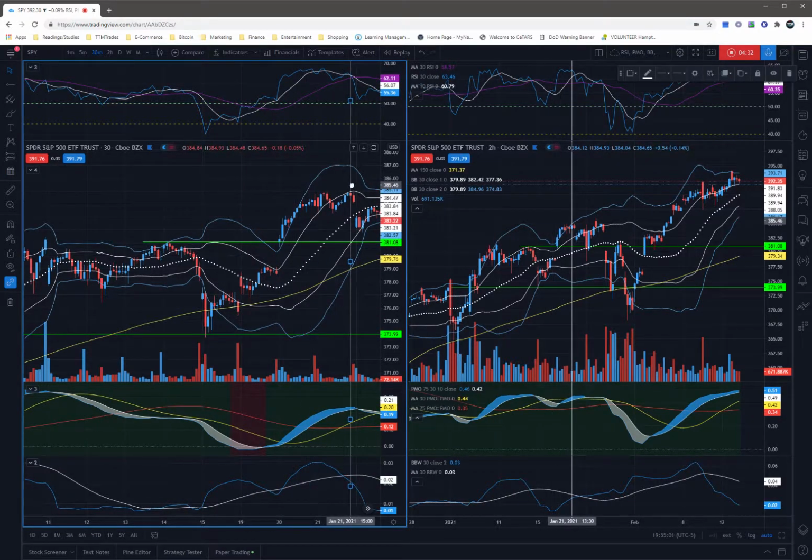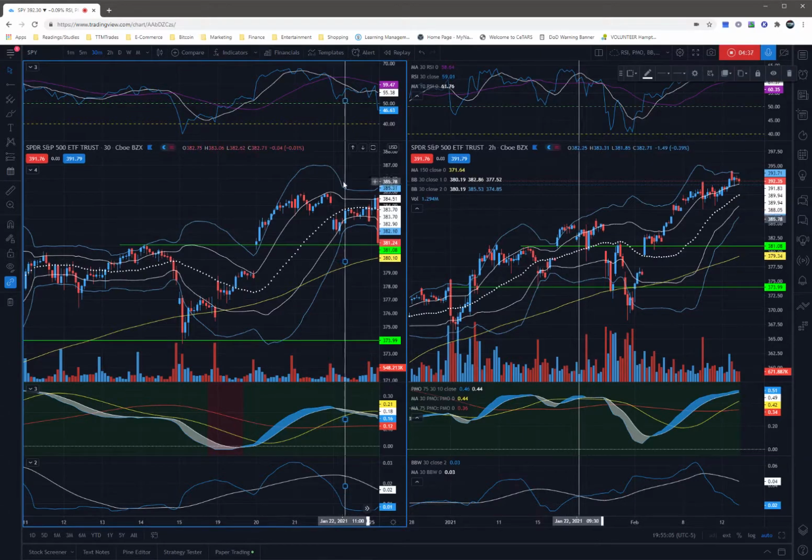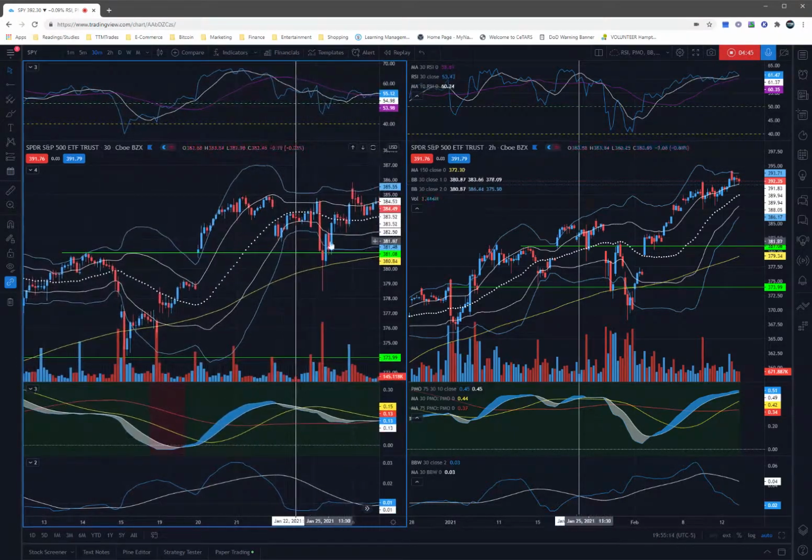Again, PMO begins to flatten out, right? As we see the PMO flatten out, again, we take puts to the downside as we start to get the signal with the PMO crossing down, RSI trending below its averages. And then again, you get this crazy run up in price action, right? If you started to take puts, you get this crazy run up in price action, which will probably shake you out of your position,